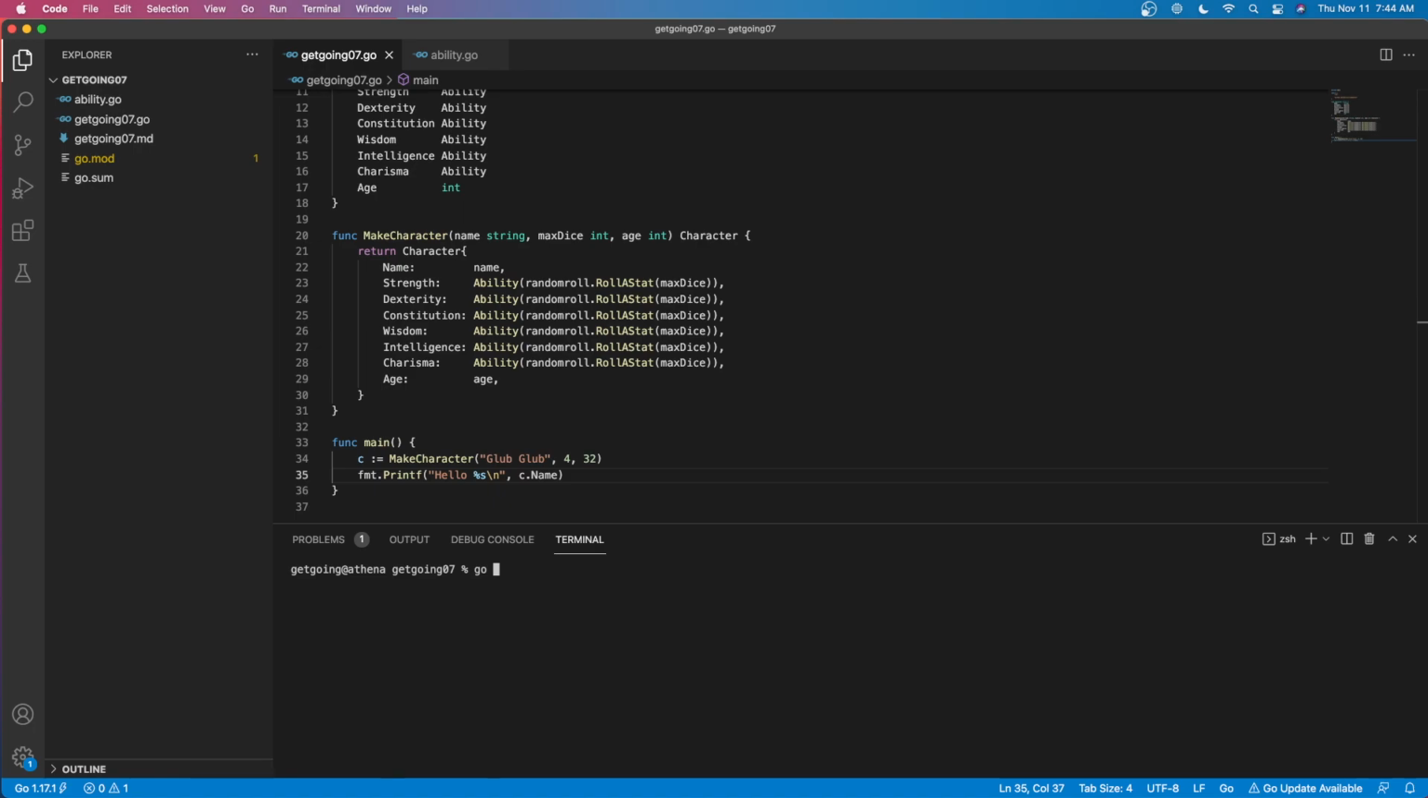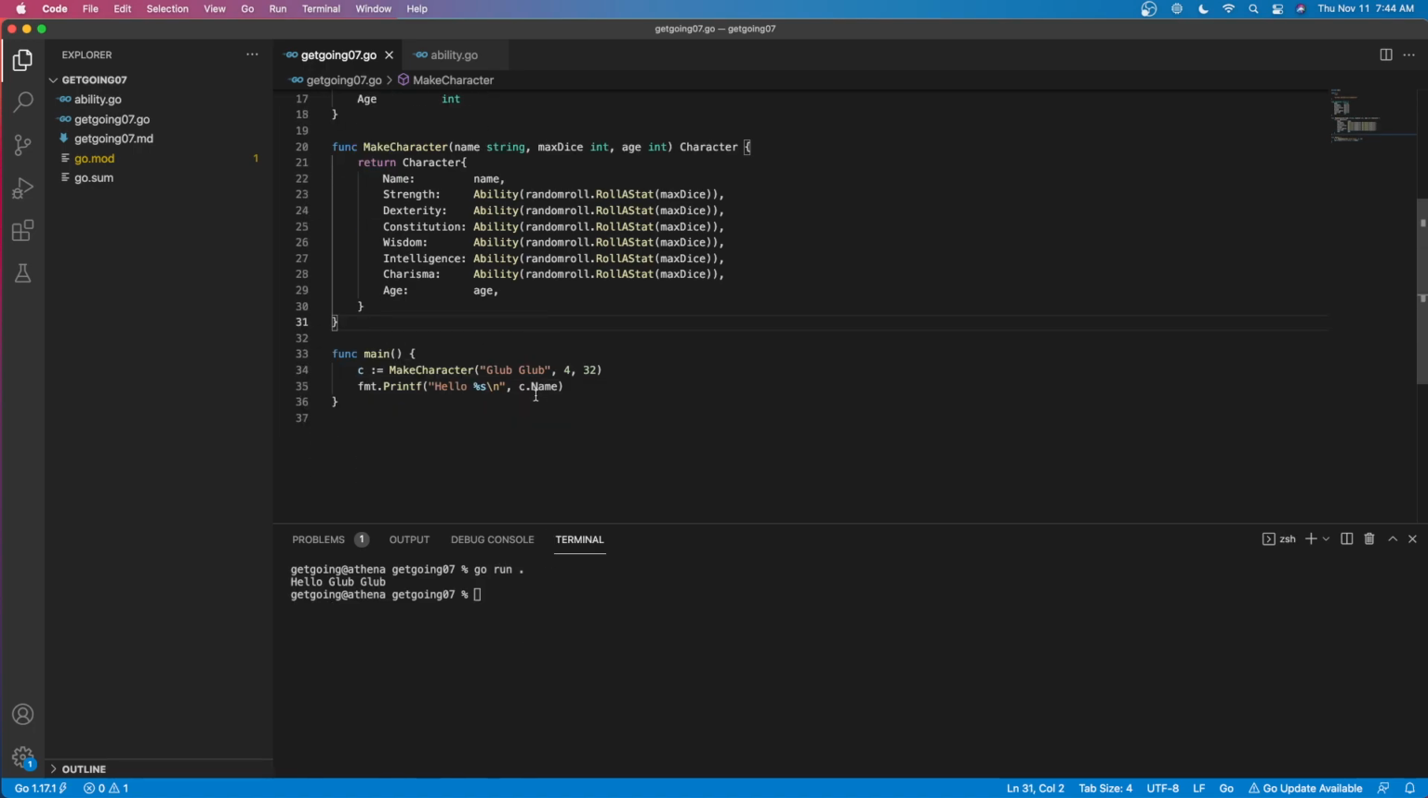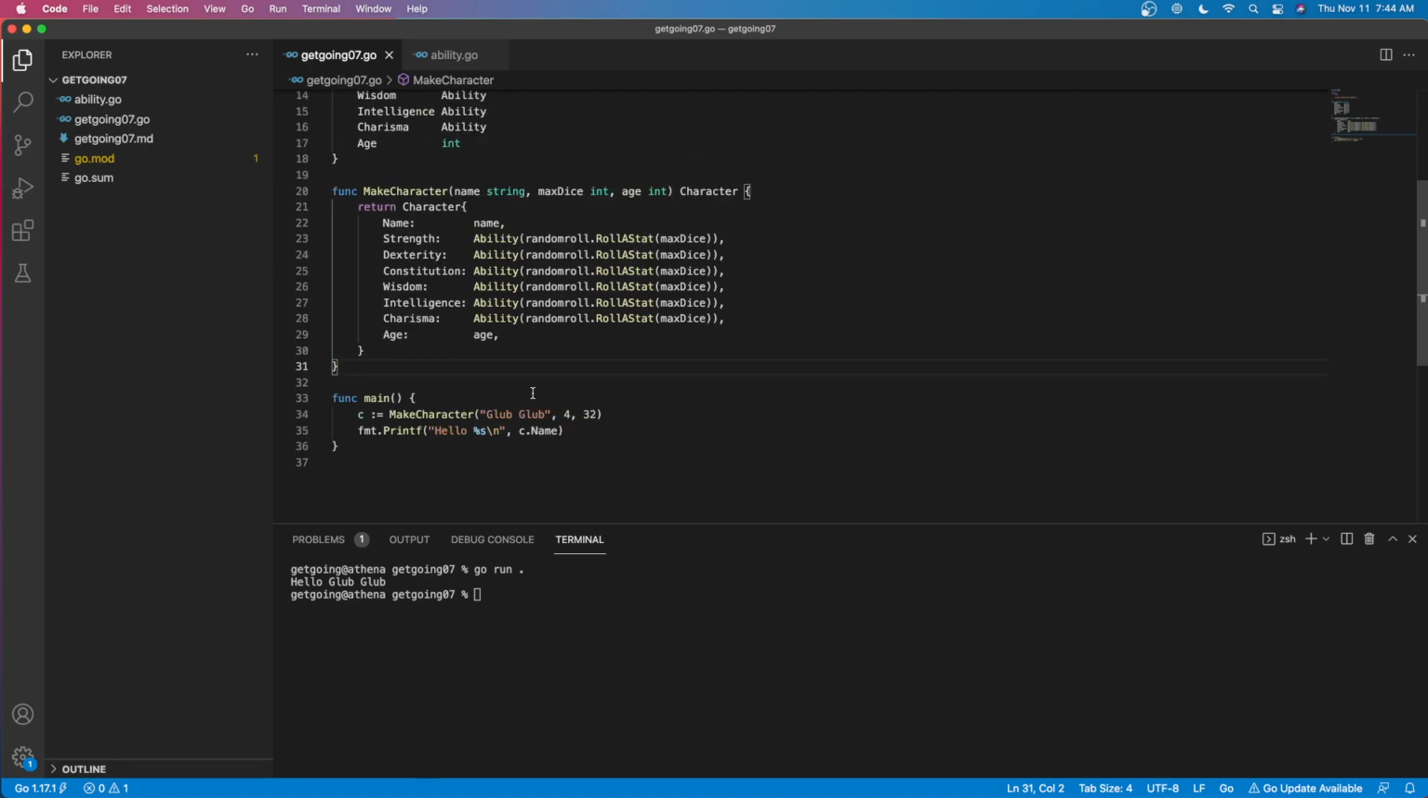So go run dot. Okay. Hello, glub. All right. But one of the things we like to do with characters is print them out. So let's start by implementing Stringer. Stringer is an example of one of those methods that when we define it,